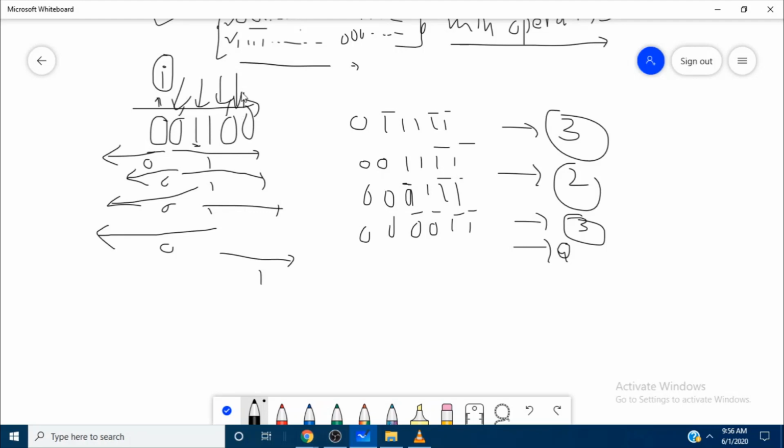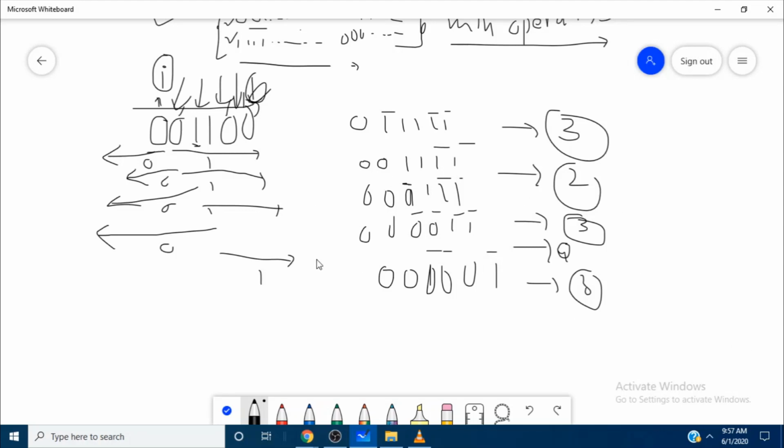Now if we are at this, so like that, it will require 0 0 1 0 0 0. So 3 operations, and this, right?